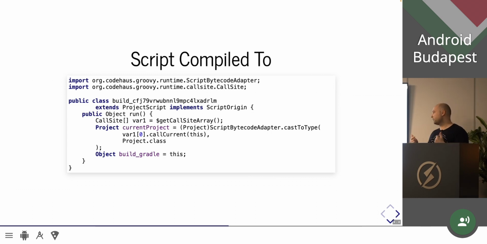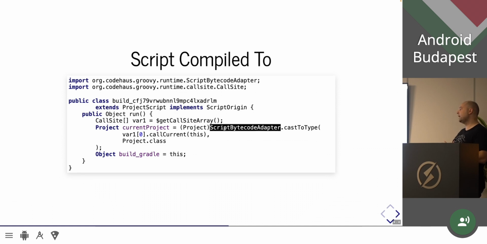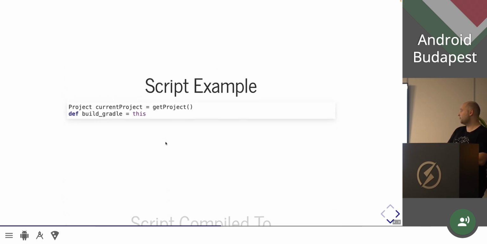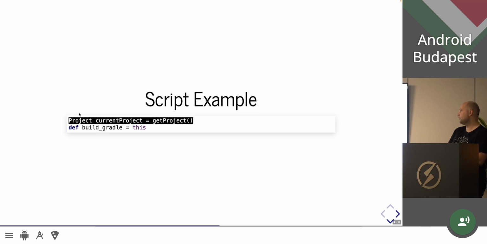It also interprets the code for you. It manipulates the bytecode and through reflection makes the calls, passes the references of the delegate. And then you can see that we pass this instance, which is again the project object. We make sure that we specify that it's a project class type. So again, let's come back. So this code here